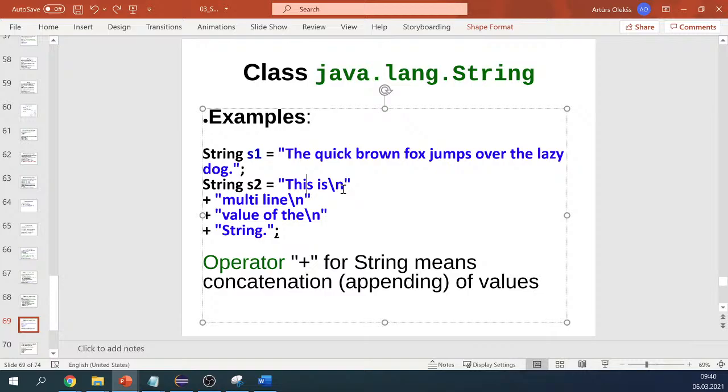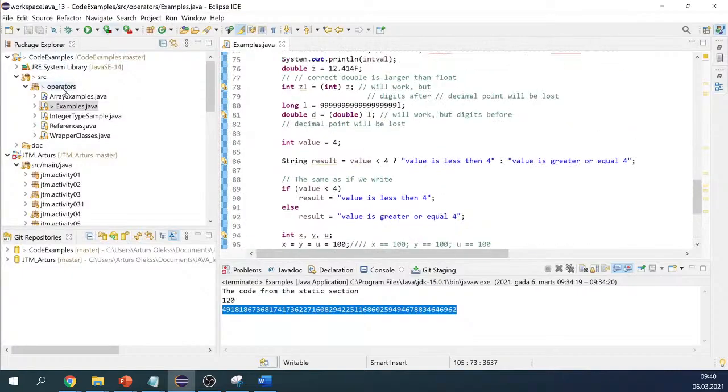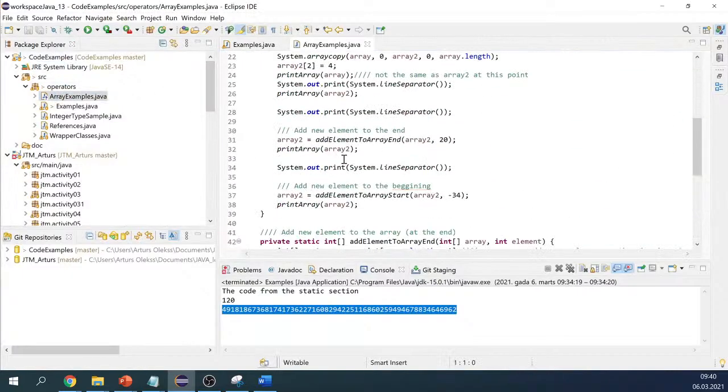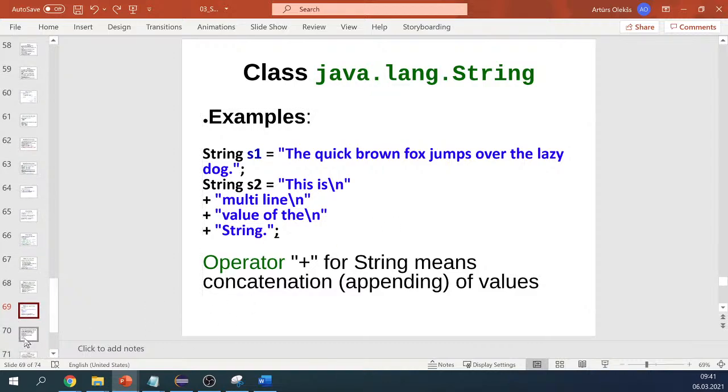I also, as you've seen, usually use the system line separator, because in different systems that may be different, and just to not think about it, I use this method which provides me the actual line separator I have in the system I'm currently working in. And using the constant, we can concatenate